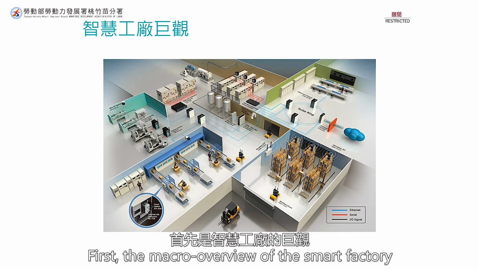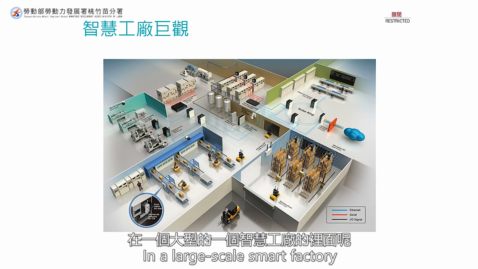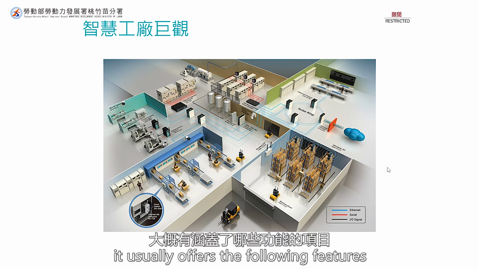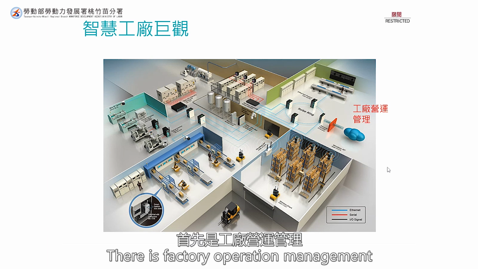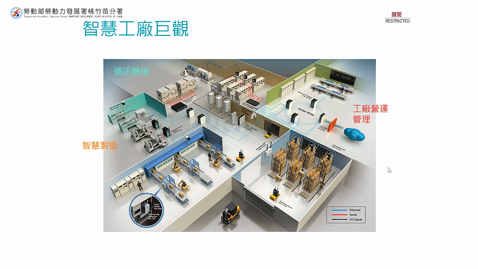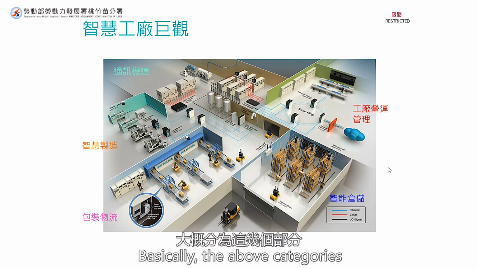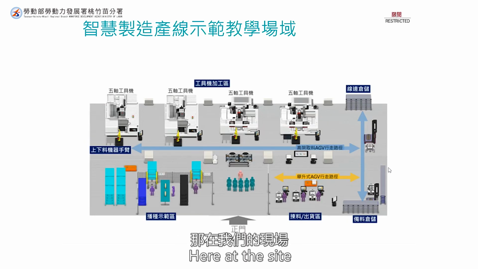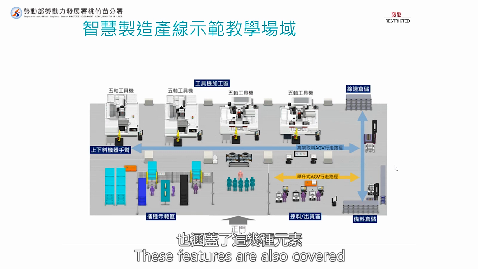First, the micro overview of the smart factory. In a large-scale smart factory, it usually offers the following features. First, we can take a look at this picture. There is factory operation management, and then communication and network, smart manufacturing, packaging and logistics, and smart warehousing, basically the above categories. Here at the site, for smart manufacturing production lines, these features are also covered,